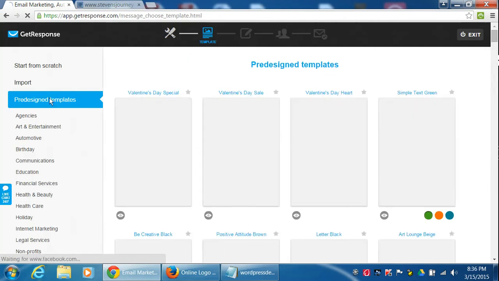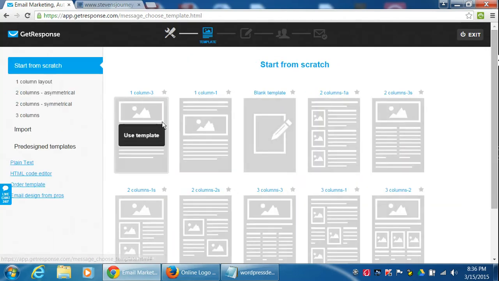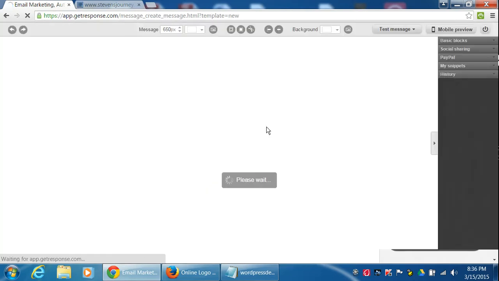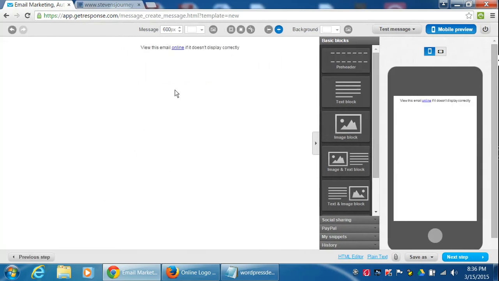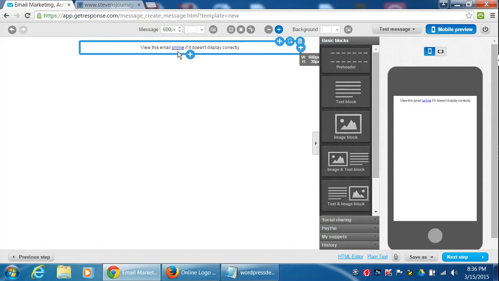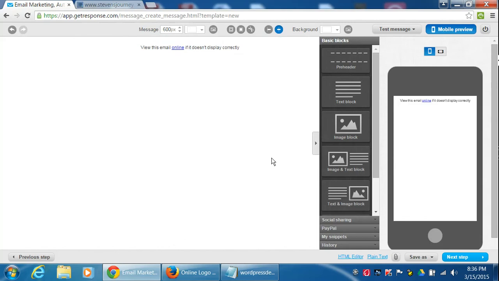What we're going to do here is start from scratch. Let's not get too fancy. We'll just add our own, so we'll just do a blank template. The first thing we're going to add is a pre-header. This is a pretty cool feature, especially if someone's on their phone. If you add this to their email, they can click on view this email online and it brings it up in a web browser. Makes it look a lot better, especially on some of the older